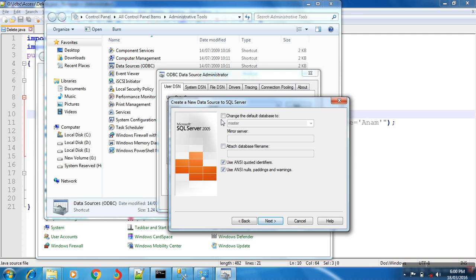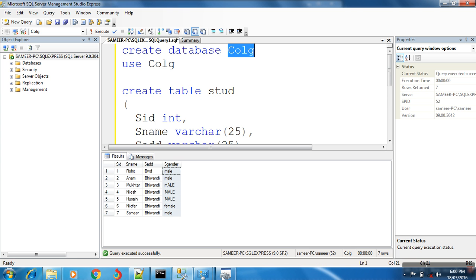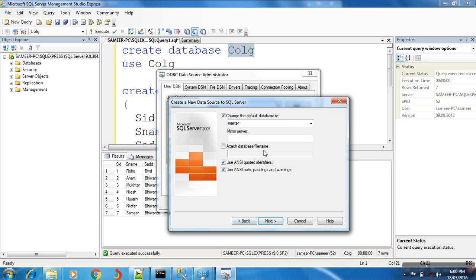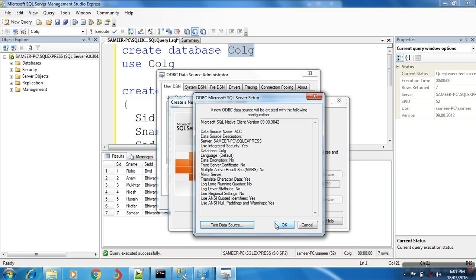Next step, change the default database. See here, your database name is college, COLG. So click here and choose the database name, then click on next, then finish. See here, this is your data source name ACC, this is your server name, this is your database name.